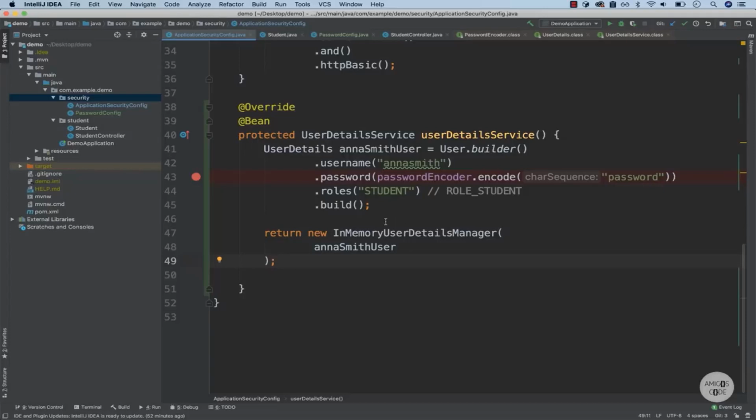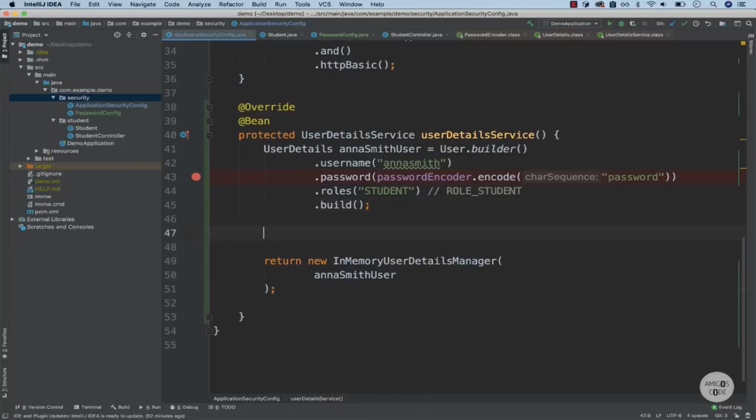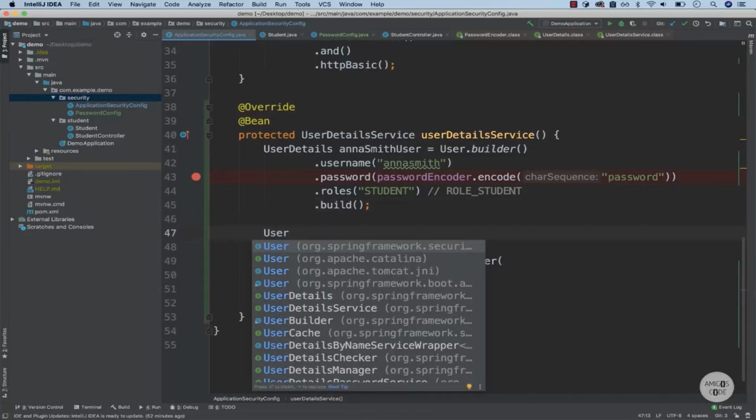Alright, so right within IntelliJ, inside of our user detail service, let's go ahead and create another user. So simply use the user and then